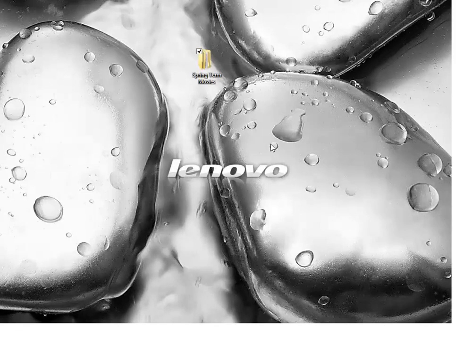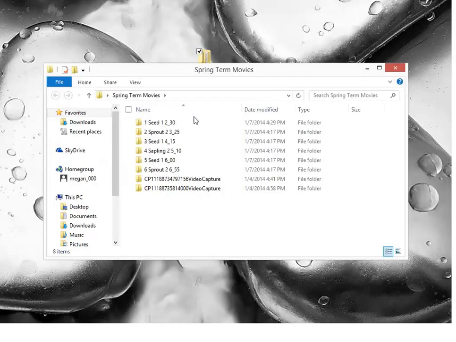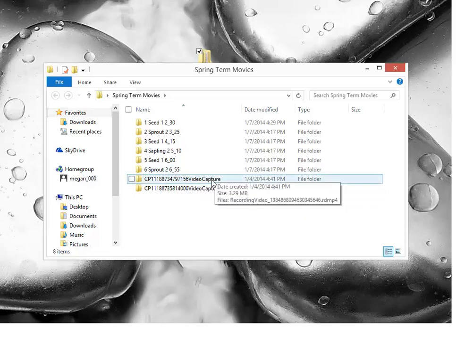So when you record a movie, with your chroma key system open, you hit record, you hit stop, then it's going to automatically save the files into a folder on your desktop. Mine's labeled Spring Term Movies, and when you open it, a couple things to notice here. First, I have all my classes listed here and labeled, because that's where I end up saving the movies for later. Now, when you record a movie, it's going to save in a folder underneath. It'll be a set of numbers. So that's what you want to go ahead and label.